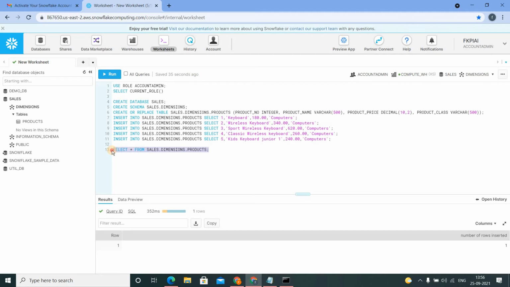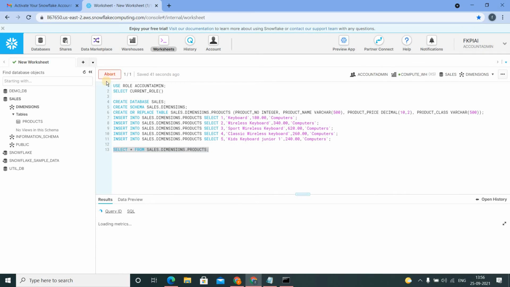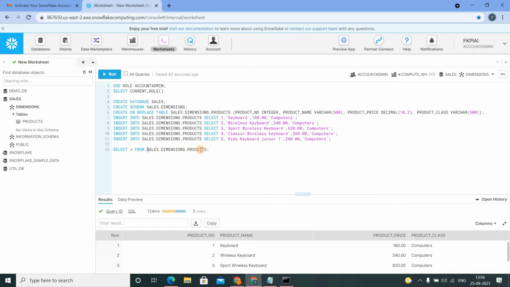And now let's query that particular table, select star from that particular table. Okay, so in Snowflake we create database objects only under a schema. We cannot create anything other than schemas straight under the database. So we create all our database objects only under the schema. So this is like querying our tables or working with our Snowflake database through our web interface.